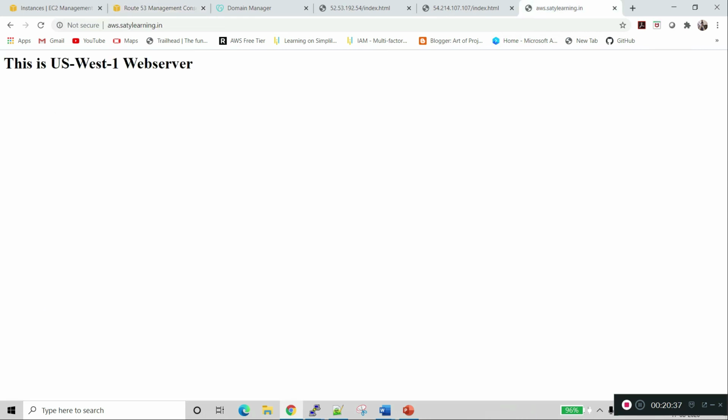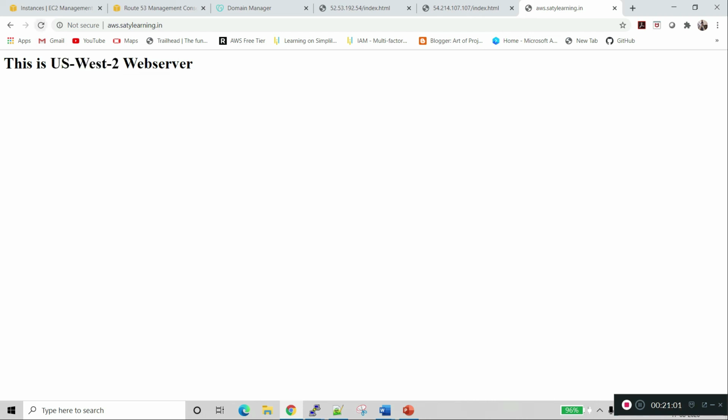Now we will refresh this. aws.satlearning.in was pointed to the US West 1 web server. Now we refresh again. See, now this disaster recovery is pointing to the US West 2 web server, the secondary web server.